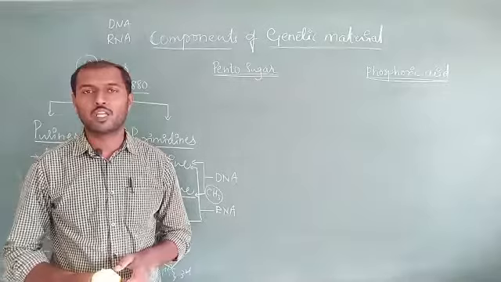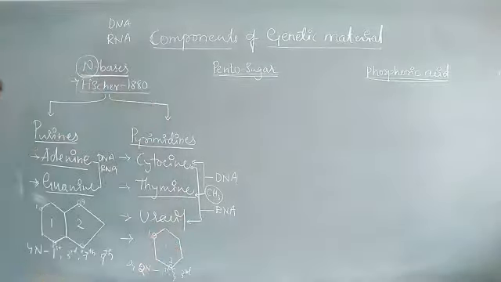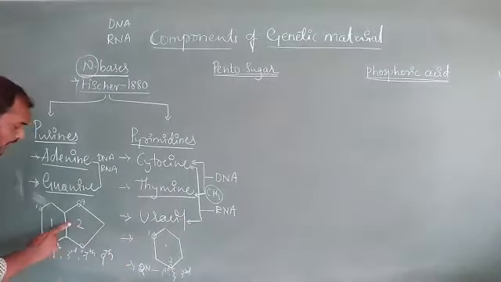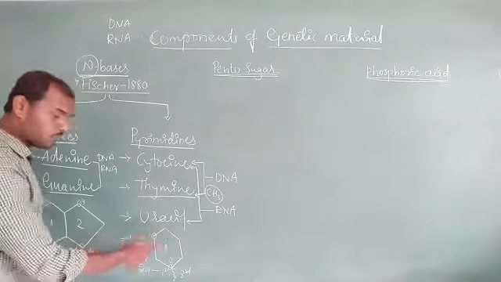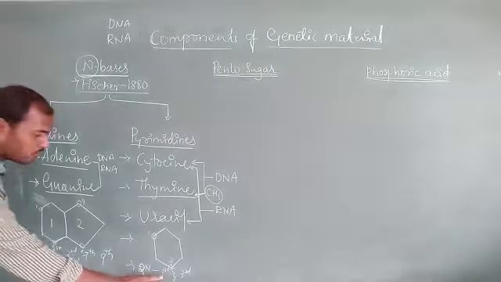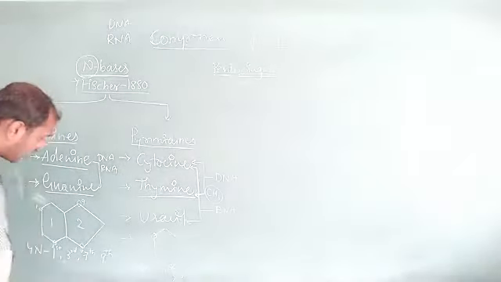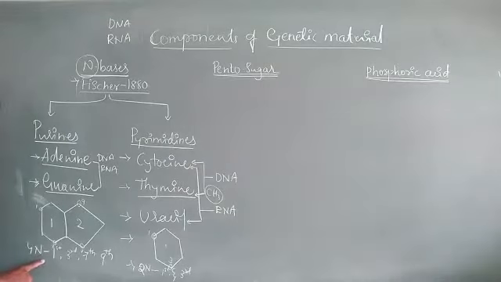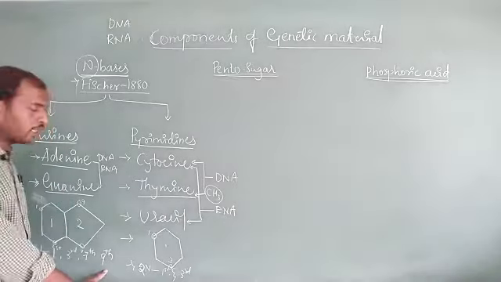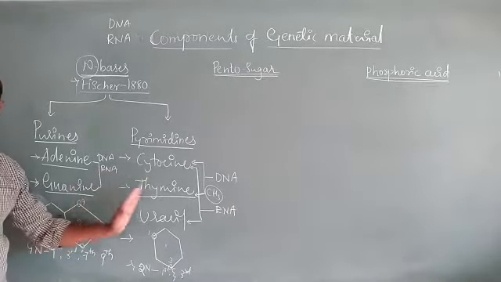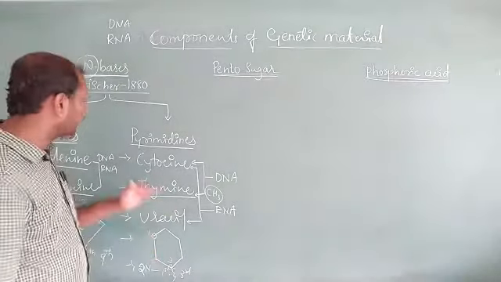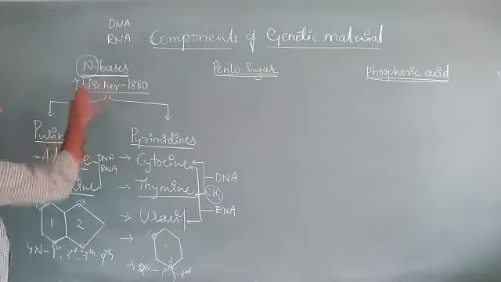One primary difference is the ring. The number of rings in case of purine is 2 and the number of rings in case of pyrimidine is 1. And the nitrogen position in case of pyrimidine is only 1 and 3, while in case of purine it is 1, 3, 7 and 9. Okay, so you can see the difference between purine and pyrimidine. So this is regarding the nitrogen base and 2 different kinds of nitrogen base.